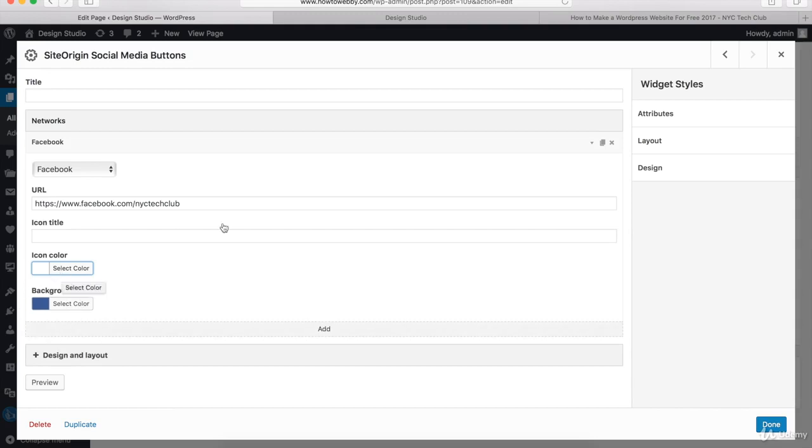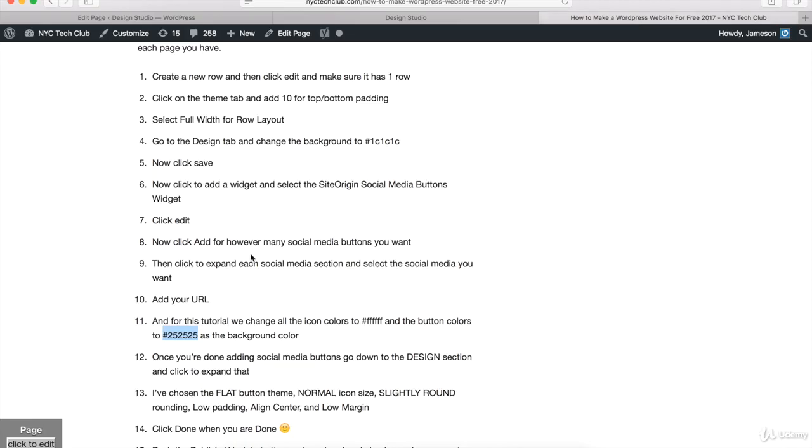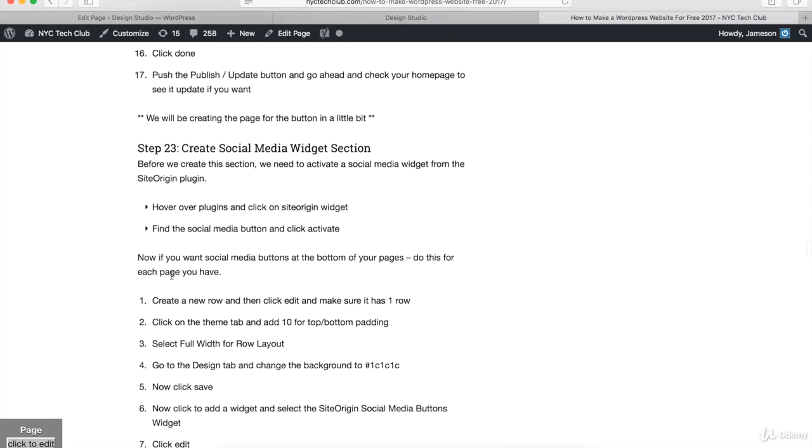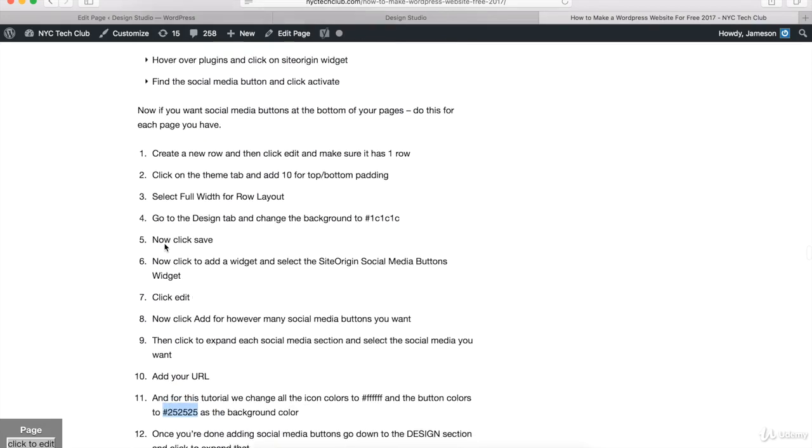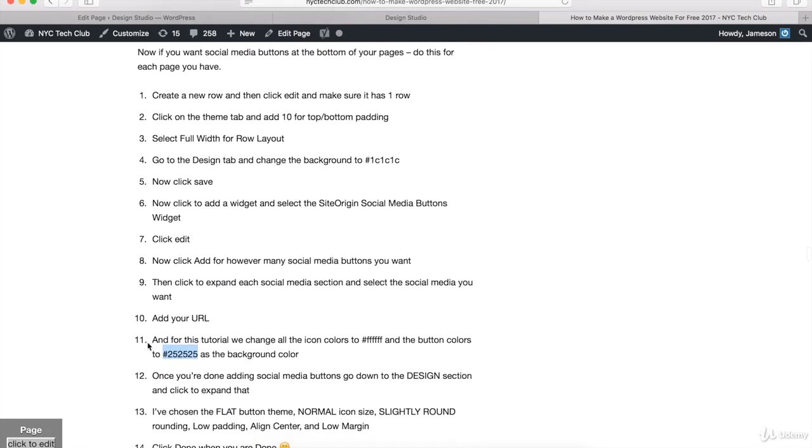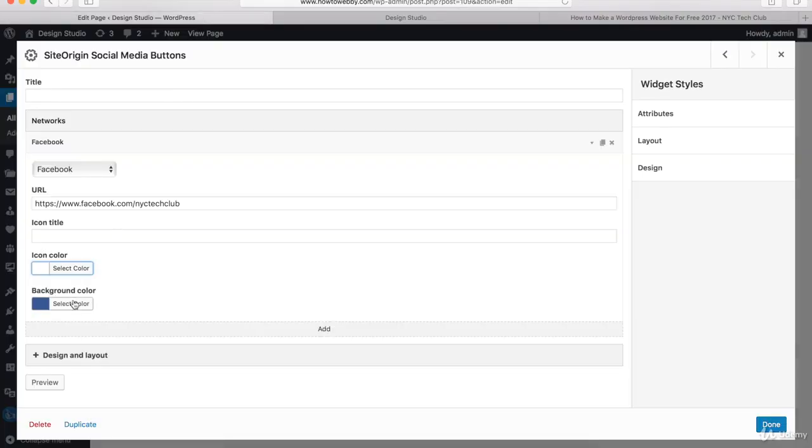So what I'm going to do is go to the text tutorial on how to make a WordPress website. And again, remember we're on step number 23 right here. And down here on step number 11 for this section is the color code that I want. So this is for the background color for the buttons. So it's 252525. So I'll just copy that and go back to the WordPress website and go in here and